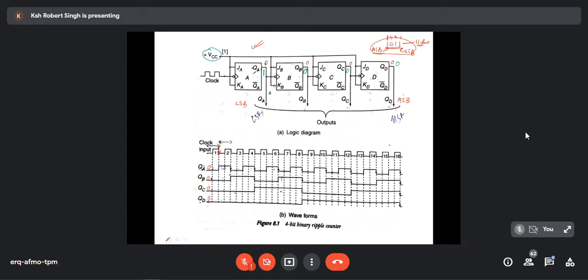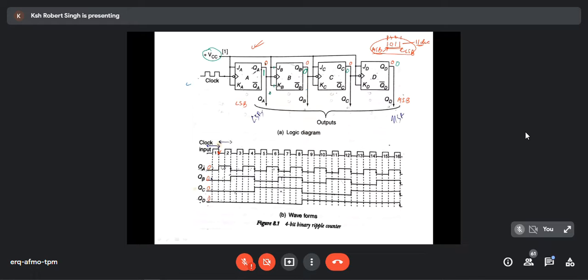Okay, by seeing the waveform it will be very easy, but I want you to understand the thing. Anyway, now again another clock, the third clock. In the third clock,